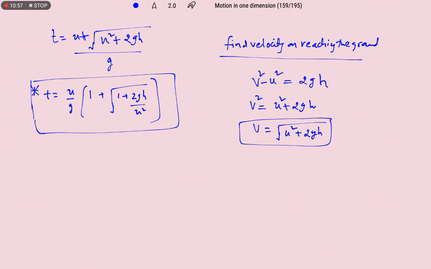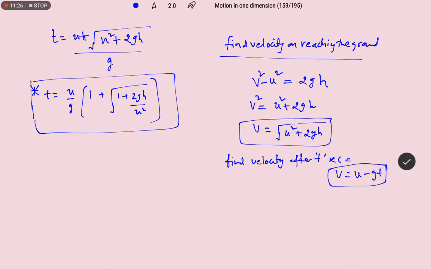And then we can also write the final velocity after t seconds. So we can write v equals u minus gt. This is the final velocity. Right. Next, sometimes they are going to ask what is the height of the tower. So to find the height of the tower,